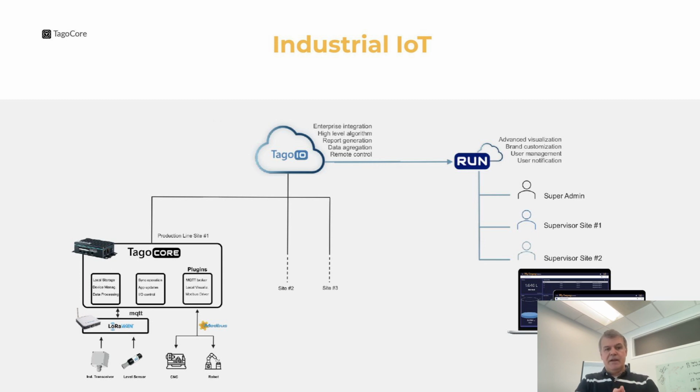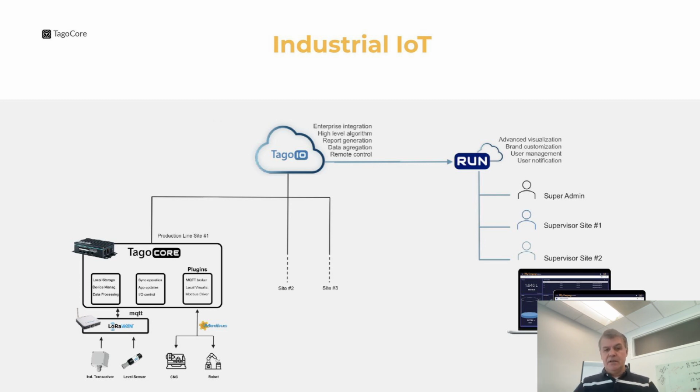If you see this diagram here, you see three main components. On the left, you can see TagoCore, where you have, let's say, a local computer. It can be very small, like a Raspberry Pi that costs just a few dollars or less than $100, or it can be your computer, a Mac, an industrial computer, even your local server, but it's local inside your manufacturing plant. So there you can use a lot of the features available. For example, with TagoCore, you can store data, you can process data, and use the connectors to connect with LoRa,